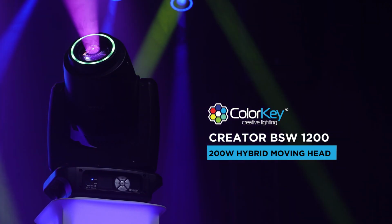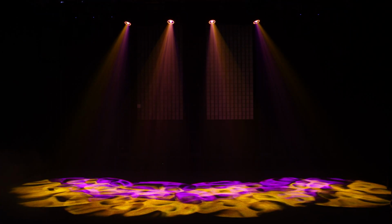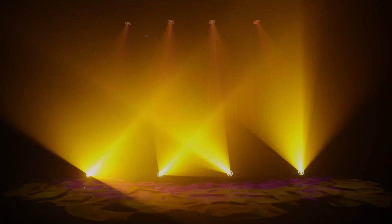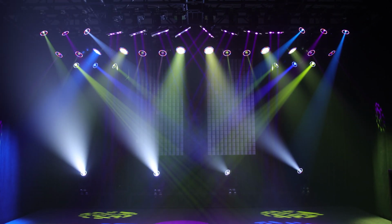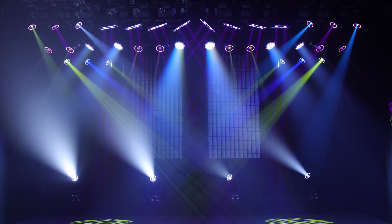Introducing the ColorKey Creator BSW 1200. The Creator BSW 1200 is a versatile hybrid moving head luminaire blending beam, spot, and wash functionality. Created for lighting designers who want flexibility from fewer fixtures, the BSW 1200 can replace multiple types of lights in